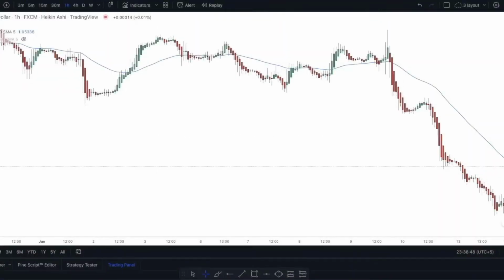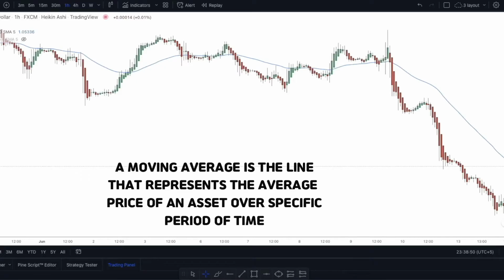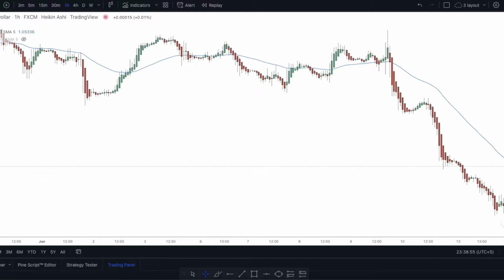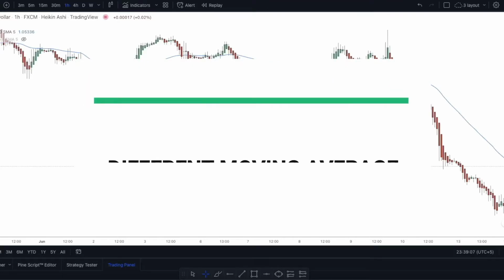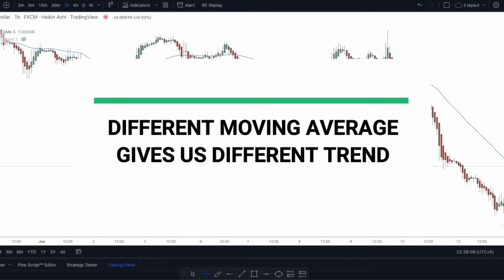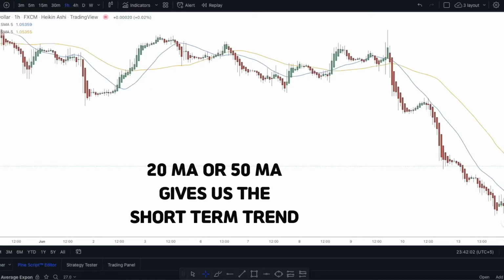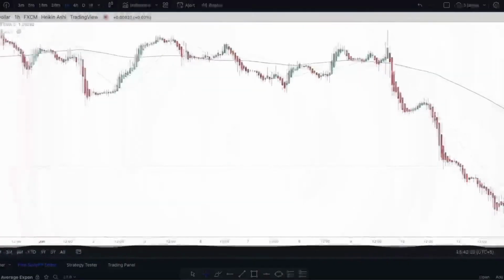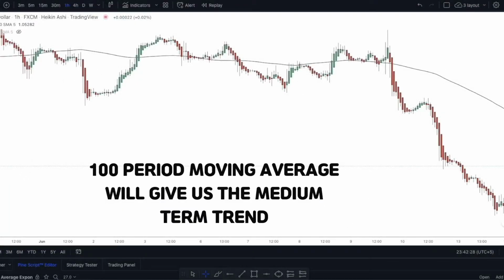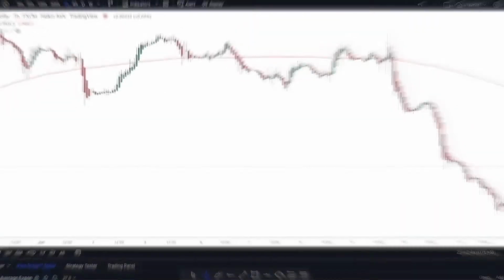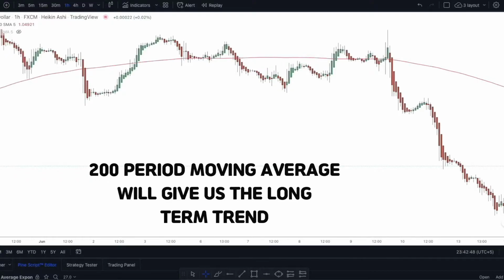A moving average is the line that represents the average price of the asset over a specific period of time. For example, if you are using a 50-period moving average, it will show us the average close price of the last 50 candles. Different moving averages give us different trends. Here is what I mean. 20 moving average or 50 moving average will give us the short-term trend. 100 period moving average will give us the medium-term trend, and 200 period moving average will give us the long-term